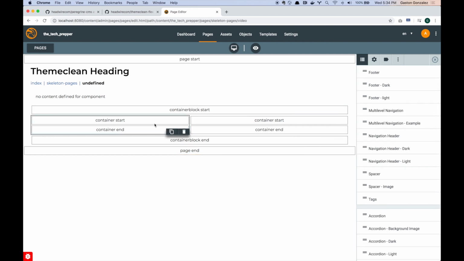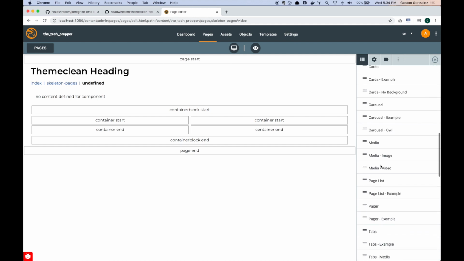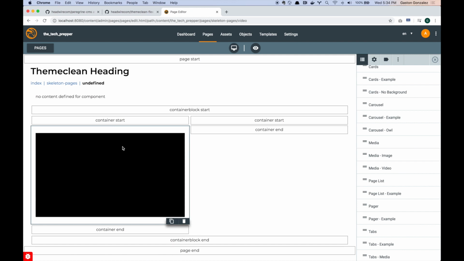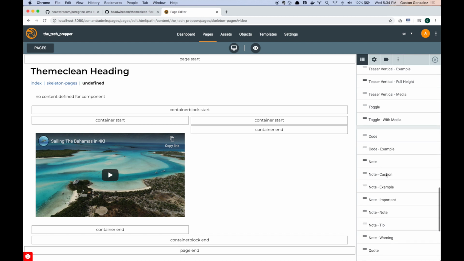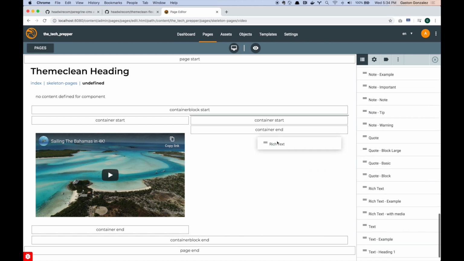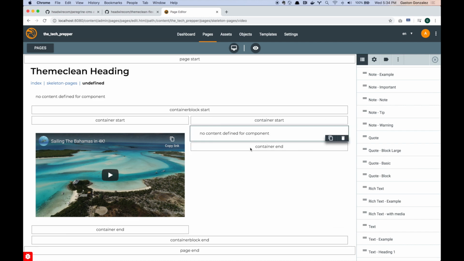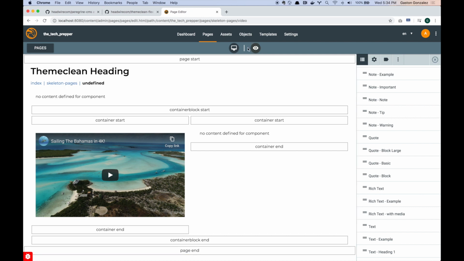And then in terms of content, I do want to have the media component for video available to me on the left-hand side here. And I do want to have rich text on the right section of that set of columns. And for me, if I have this as a starting page, I think it gives me enough to quickly go and manage the content. So at this point, I'll go back to Pages,